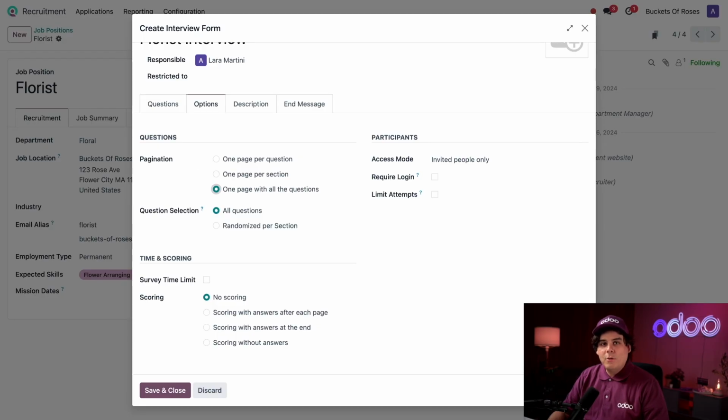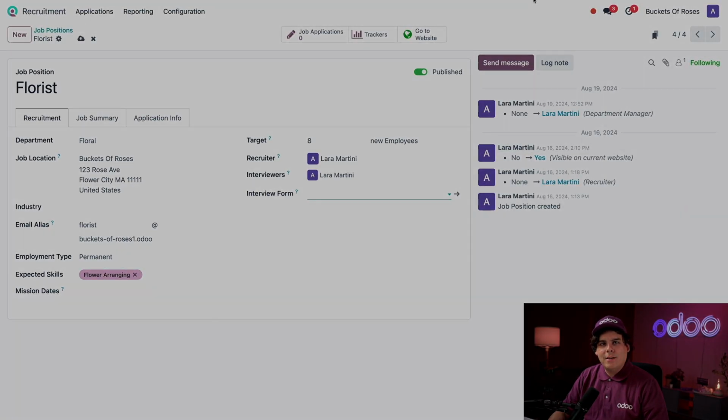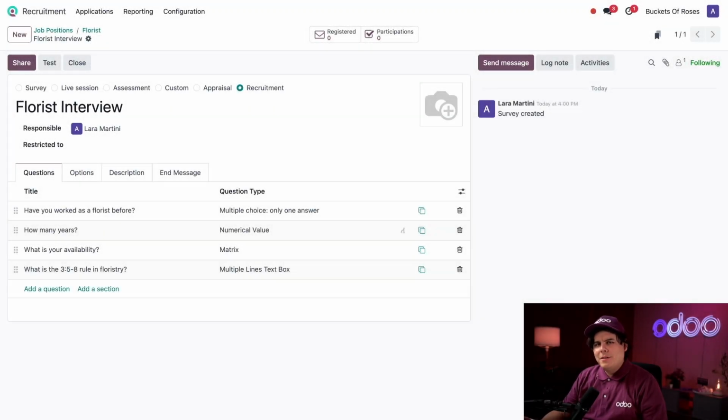All right, now we're going to move over to time and scoring. Here, I want to be sure that no scoring is selected since this isn't going to be a graded exam. And like that, we're done. Now, I want to see how this survey is going to look to my applicants. So to do that, I'm going to select the test button up here